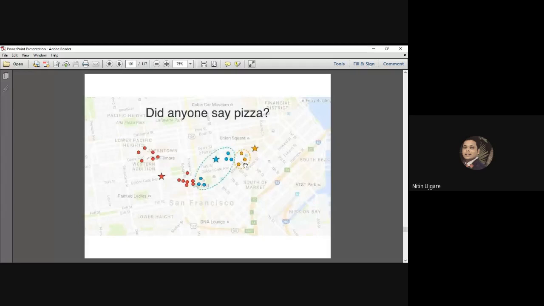Then we also move the blue pizza parlor close to these six blue houses, and we also move the red pizza parlor so that it is close to all the red houses. So we have recalculated the locations and relocated our pizza parlors.